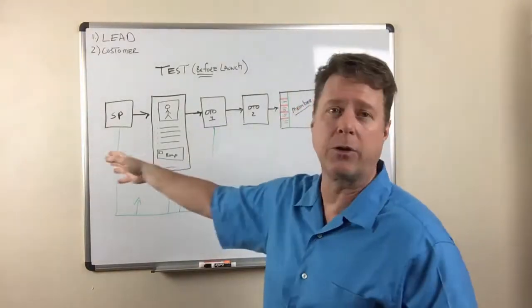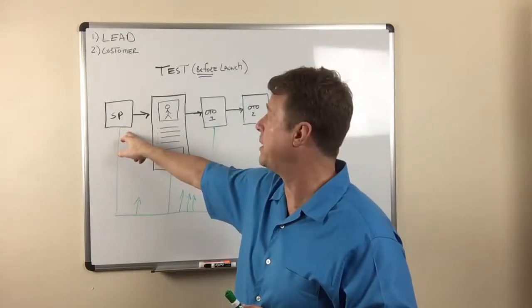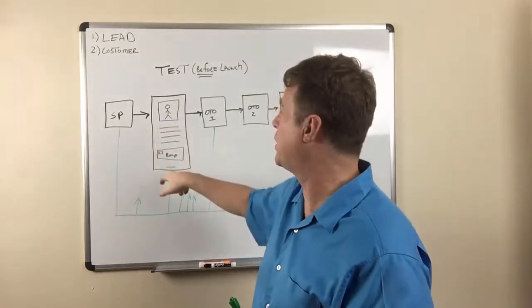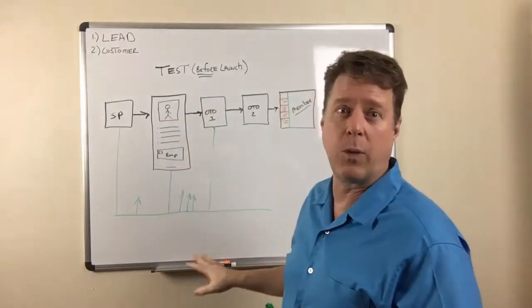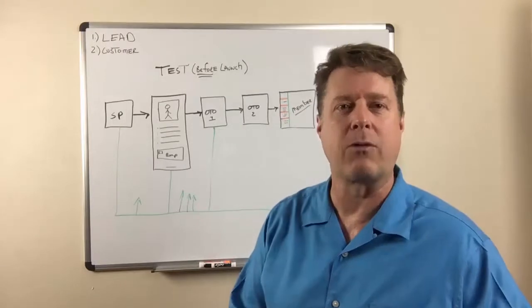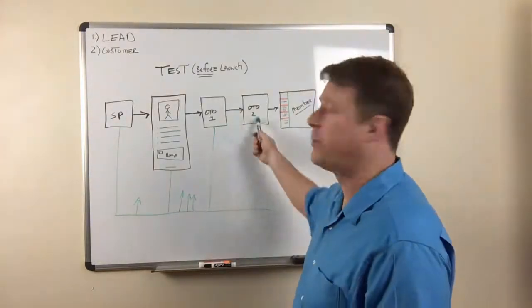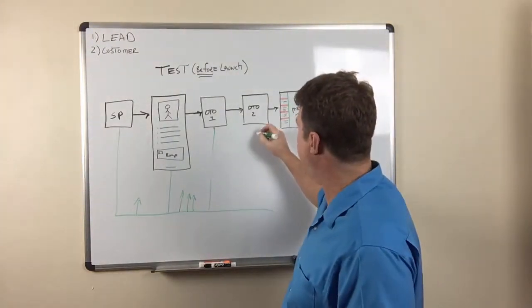So in other words, you want to go through and test it a couple of times. Let's say they opt into the squeeze page, and they take advantage of the order, but they don't take the order bump, and they do take the OTO. Did everything get registered correctly in the background so you can actually see that the order was processed correctly? And the same thing goes for OTO number 2. And then once they go through that,